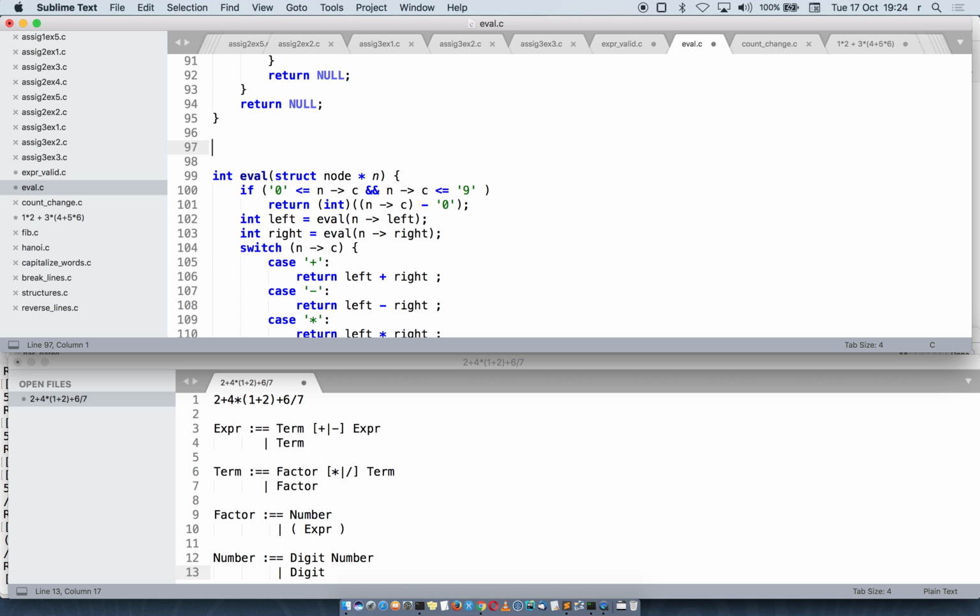So struct node star result equals... all right, so we have allocated. We're going to say result value